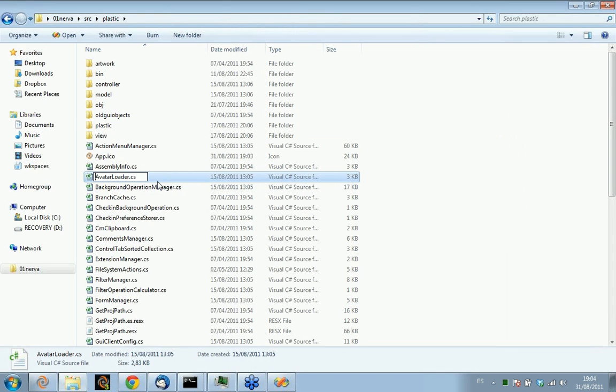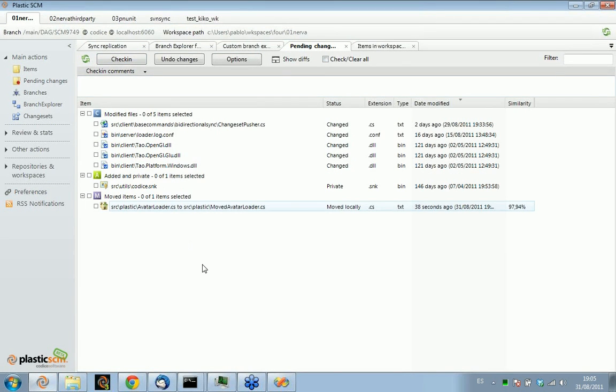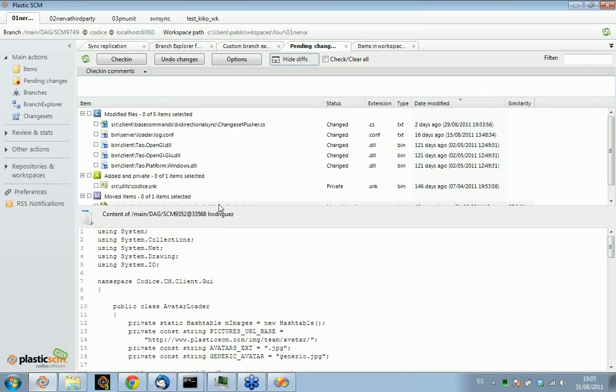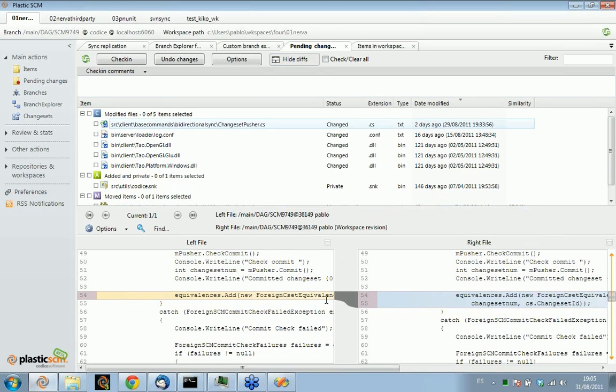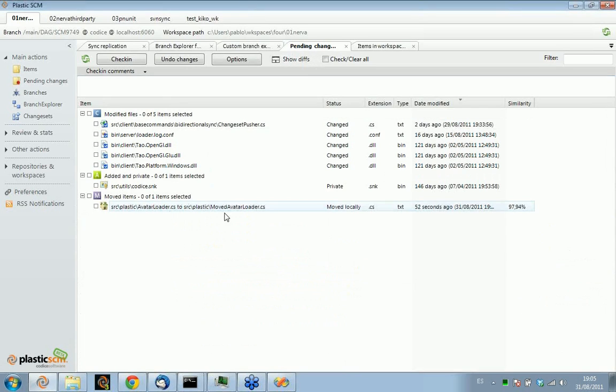Okay, I will call it moved avatar loader. I just move it, go here, and here we go. We detect it has been moved. In fact, I can even show you it has been modified. Well, it's the same thing as before. I can show you here that it was modified, and down here, that's a new thing. I can show you it has been moved. That's something very exciting because what does it mean? It means we are introducing the concept, which is actually not new, but we try to have it in 4.0,